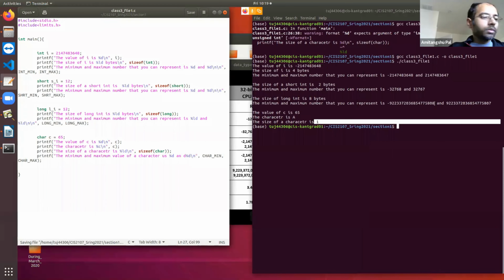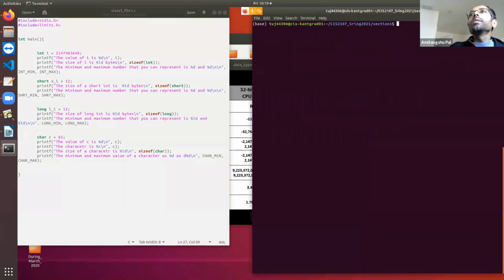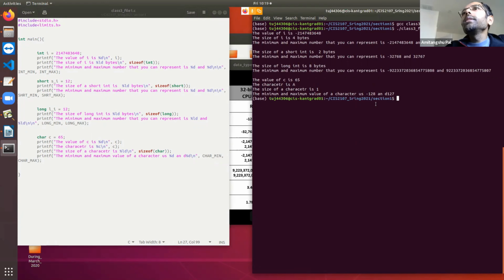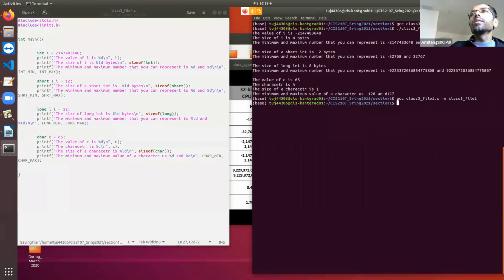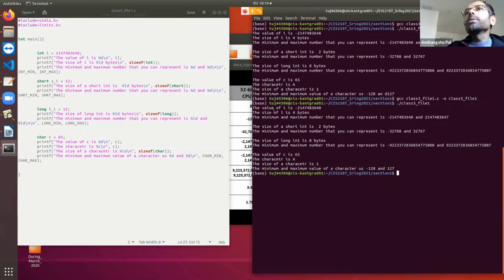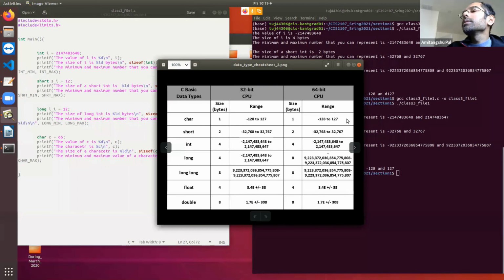Alright. So it is saying that the minimum and maximum is minus 128 to plus 127, which is also matching with the corresponding range.